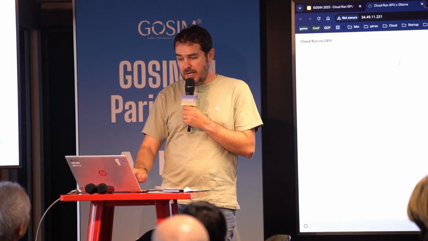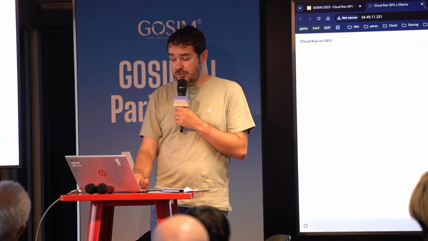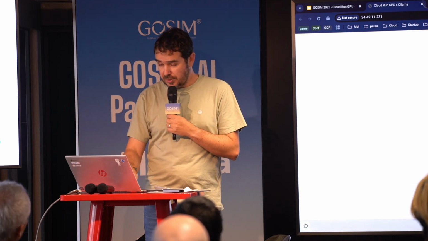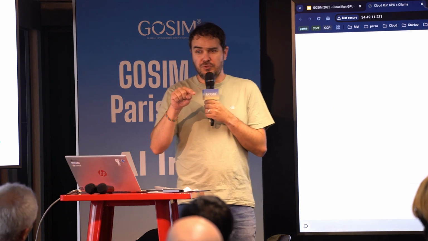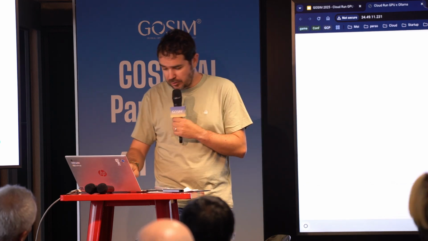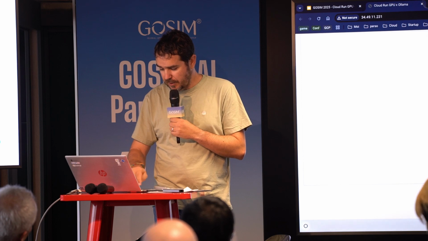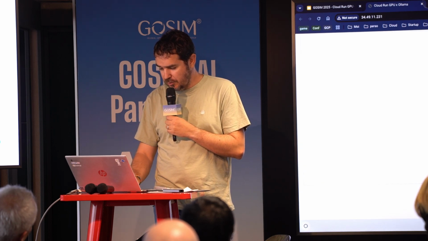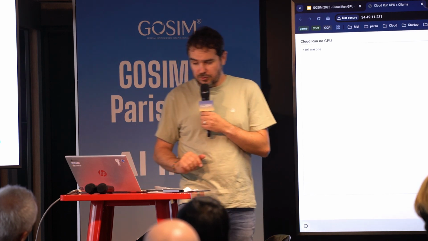On the left-hand side, I have the container deployed without GPU, and I can enter a prompt here just to start my service. Remember, Cloud Run scales to 0. So now I have no instance deployed on Cloud Run, and I will ask something very short and very easy. Tell me one. It's useless, but it's just to start the containers.